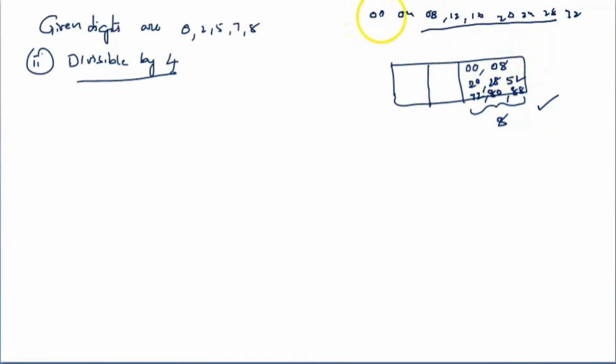So the last place must be filled with two-digit endings: 00, 04, 08, 12, 20, 44, 48, 88, such that the two-digit number is a multiple of 4. Then the first place should not be 0. That is my second work. It must be filled with 2, 5, 7, 8. It can be done in 4 ways.